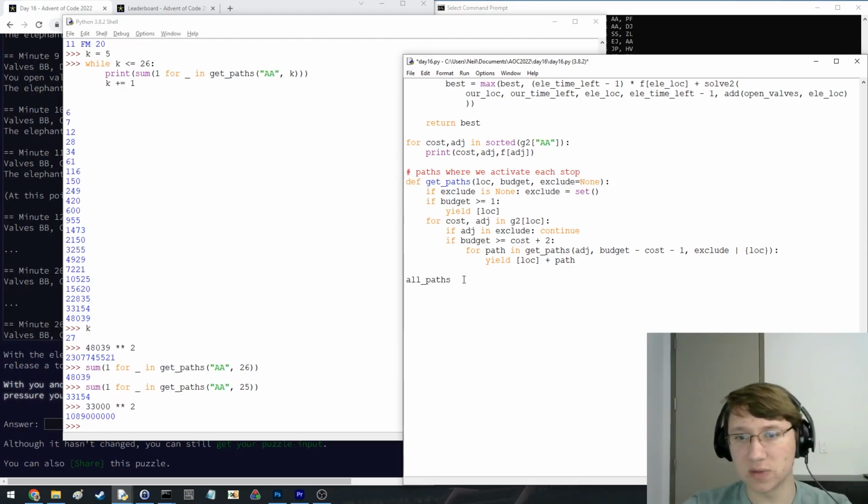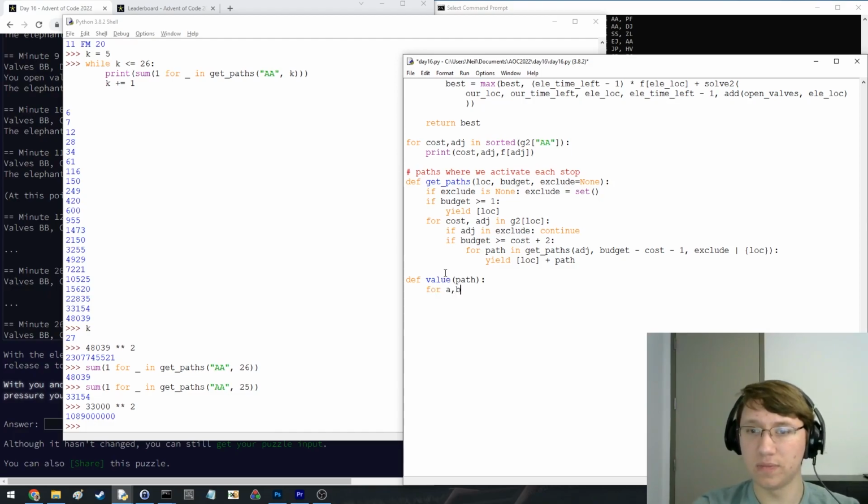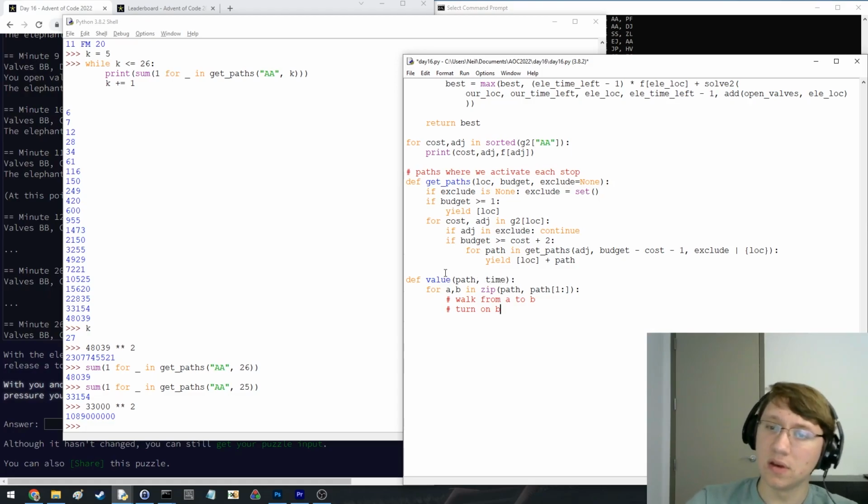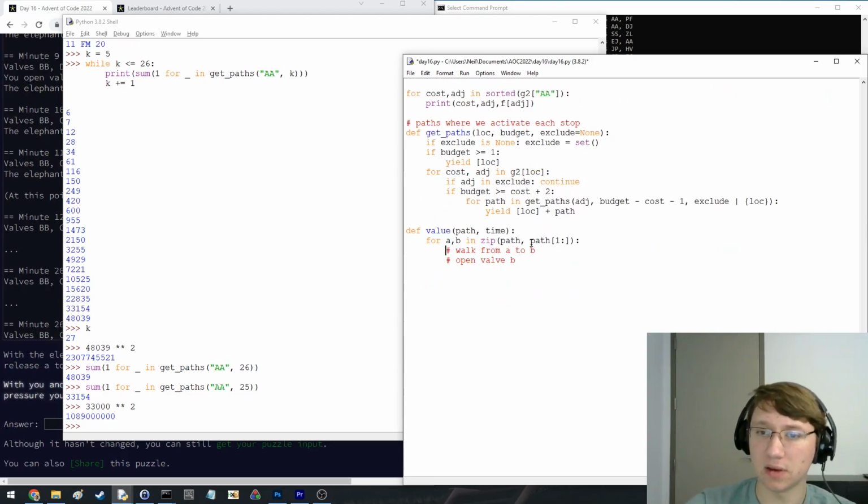I actually am a little curious what the... So just for insight reasons, let's look at a path. If we have the value of a path, well, we are going to just look at every pair. And what we're going to do is walk from A to B and then turn on B. Sorry, when I say turn on, I mean open valve B. Right, so we will do